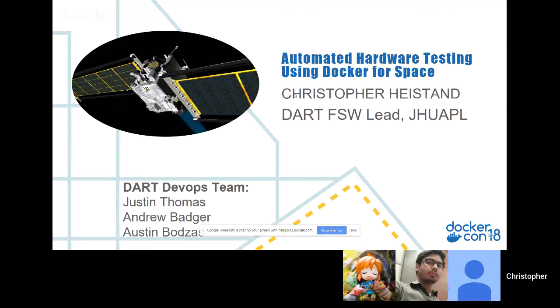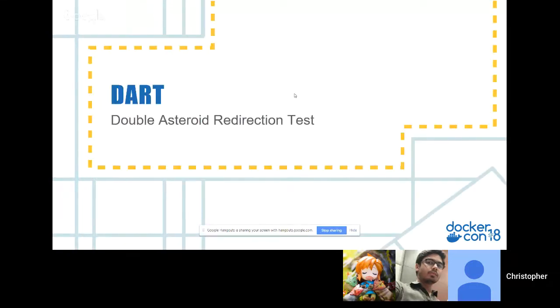So I did 2 presentations at Dockercon, and you can find those on the Dockercon website if you're more interested. There's one that's very flashy, talking about the spacecraft, and one that's a little bit more in depth about our entire CI dev process. So I'll give you guys a little bit of an overview on Dart, but really wanted to dive into the